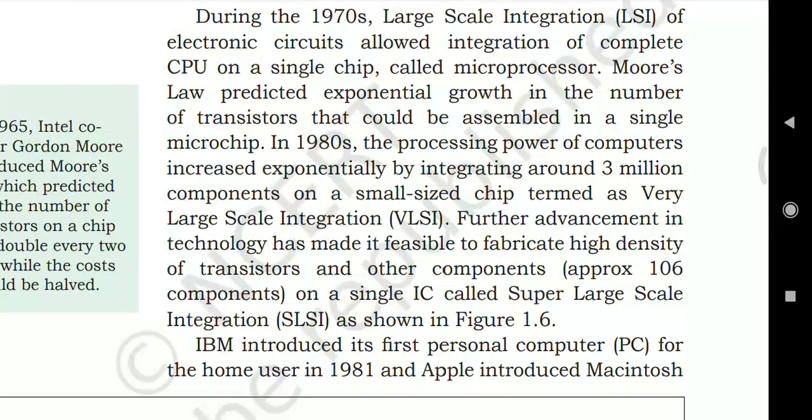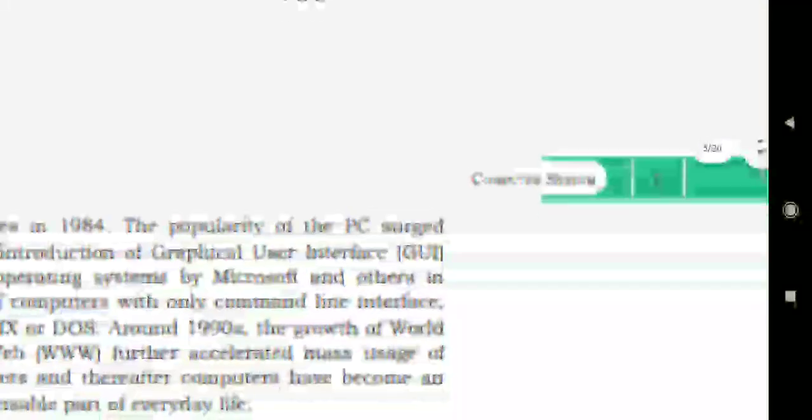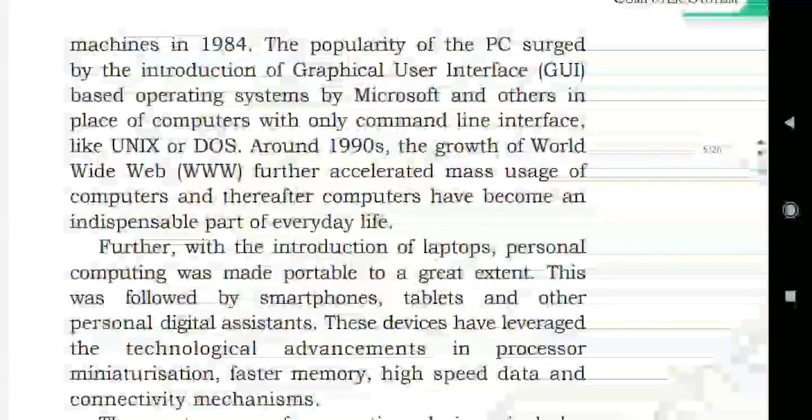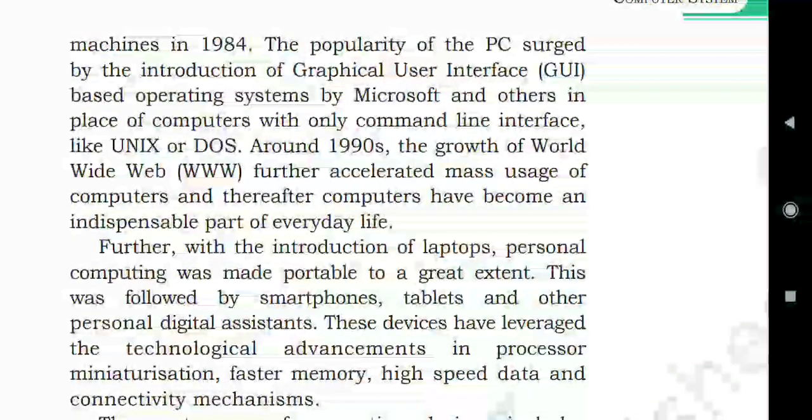IBM introduced its first personal computer, PC, for the home user in 1981, and Apple introduced Macintosh. Here you can see machines in 1984. The popularity of PCs surged with the introduction of graphical user interface, or GUI, based operating systems by Microsoft, Linux, and others, in place of computers which only had a command line interface,